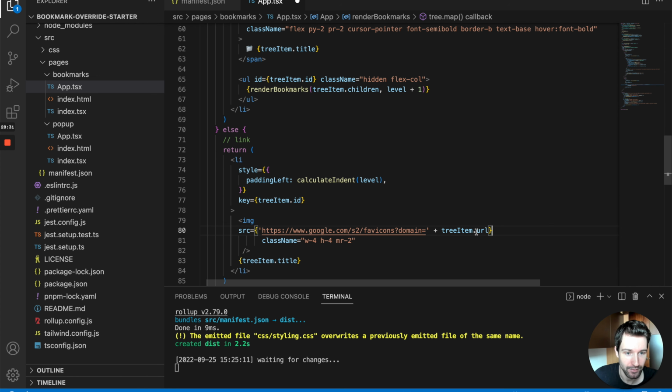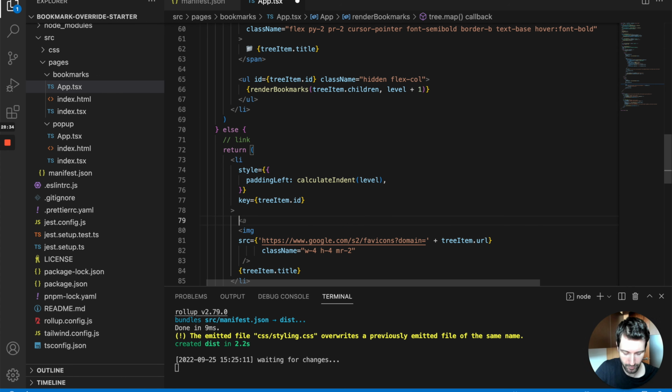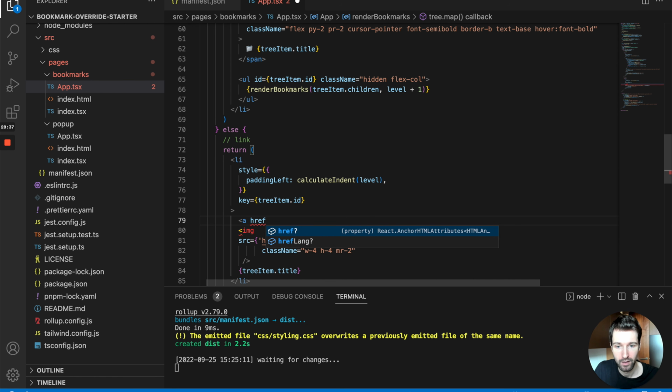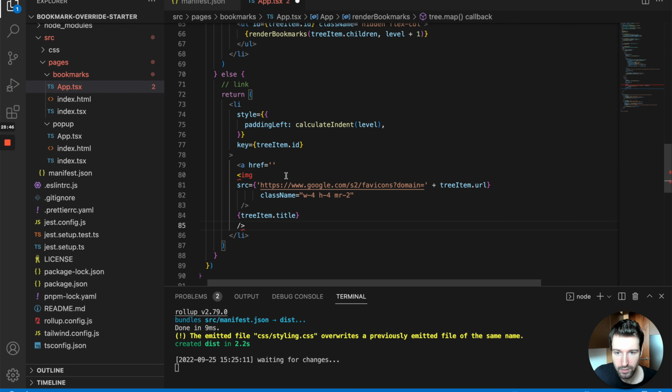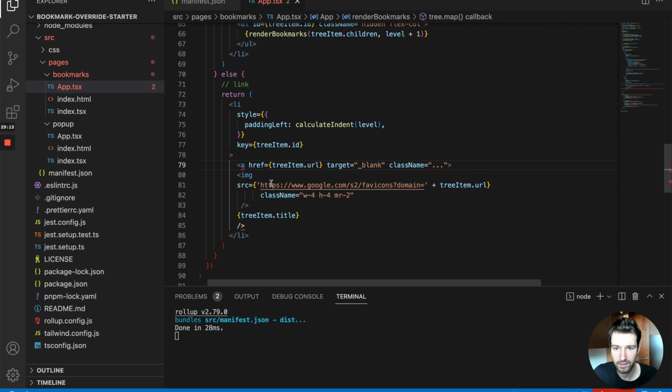We can see we have our tree item URL. And whilst we're doing this, we're going to go ahead and change this now to a link, so we can pass the user to the right place. So we know that we want to wrap this entire element just here. Let's go back. We want to make sure that we're opening into a new tab, so we're going to use blank as the target. And then we'll set a class name in a minute. But first we just need to pass in the URL, so that's tree item URL. So if we close that out like this and save,